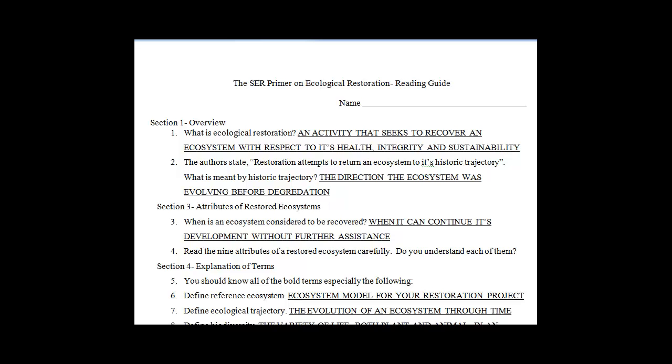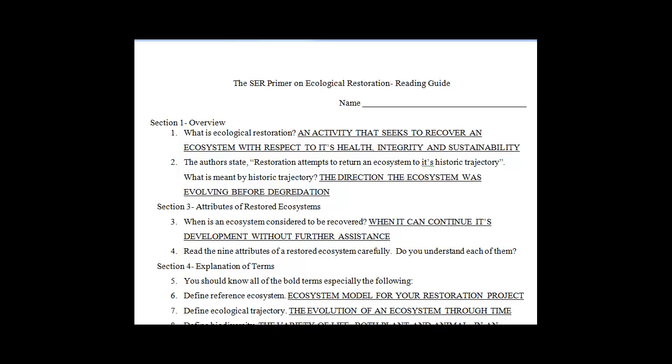What is ecological restoration? When we talk about ecological restoration, we're talking about any activity that is designed to bring an ecosystem back to some state that it existed in the past. And one of the things that I want to stress about this is you have to pick a time frame. So for example, in Wisconsin, it's important to pick a frame of reference. Are you talking about what the ecosystem looked like 100 years ago, 200 years ago, 500 years ago, 1,000 years ago? And then the goal is to bring that ecosystem back to what it looked like to whatever time frame